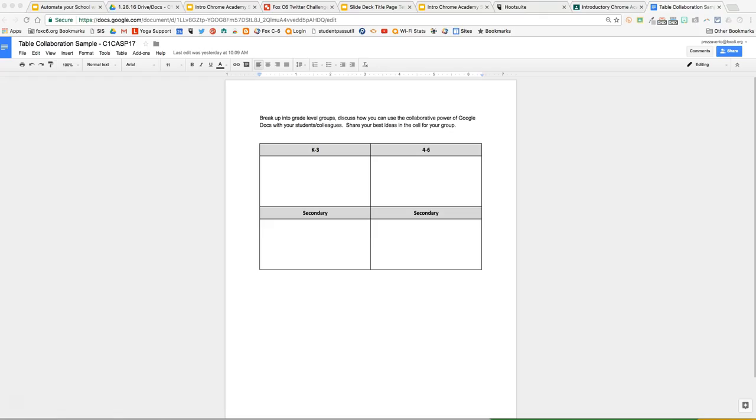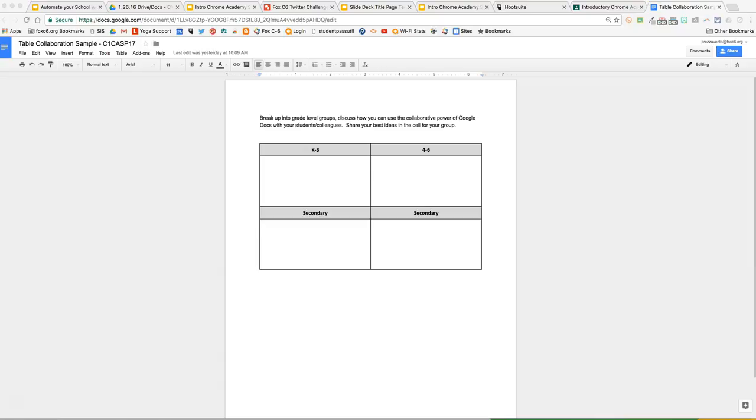In this Google document, I have a table set up for small group collaboration. This is an example that I use with some of my academies of teachers that I work with. And what's unique about collaborating in Google Docs, as many of us know, is that if we just open up a document and tell students to collaborate in it, then students will be all over the place and typing over